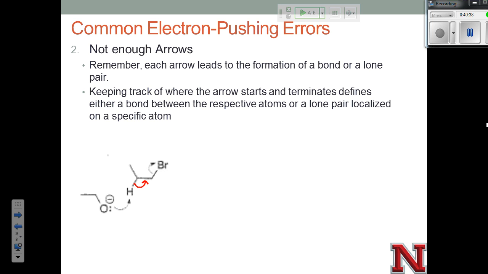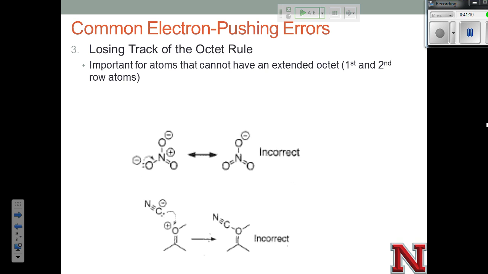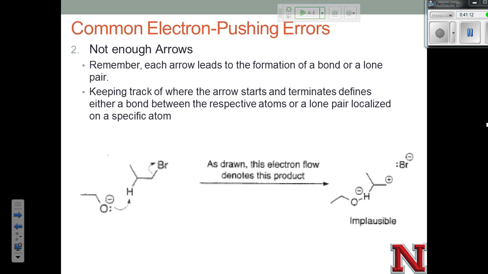Also notice in all of my mechanisms, my arrows are going in one direction. Even in our cyclic transition states, they went in one direction pretty much. Meaning they're usually going from a place that has electrons to a place that can accept electrons. So without this arrow, what we're actually showing is this, and this is really implausible. So what we're missing is that arrow. So the correct mechanism